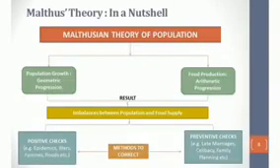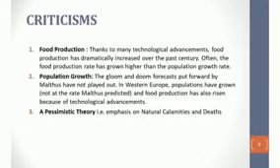The table below illustrates the Malthus theory in a nutshell. You will recall I told you population growth rises in a geometric progression, while the food supply that sustains the population rises in an arithmetic progression. The imbalance between population growth and food supply was put in check using two methods. We have the positive checks, which include epidemics, wars, earthquakes, etc., and preventive checks, which include late marriages, celibacy, family planning, etc. However, there are certain shortfalls, criticisms of the Malthus theory, which include the following.